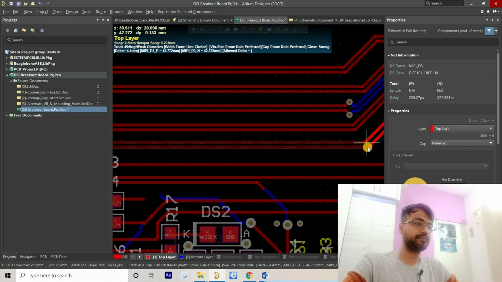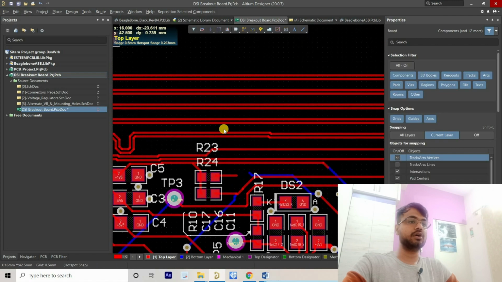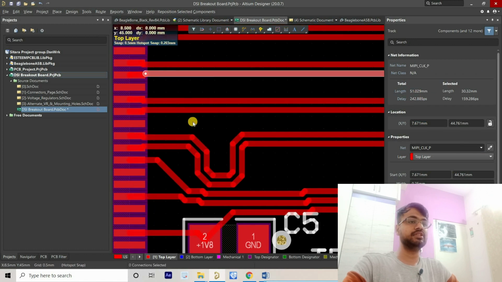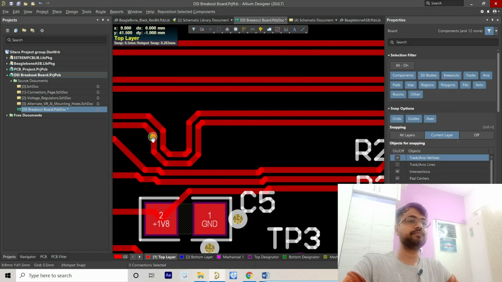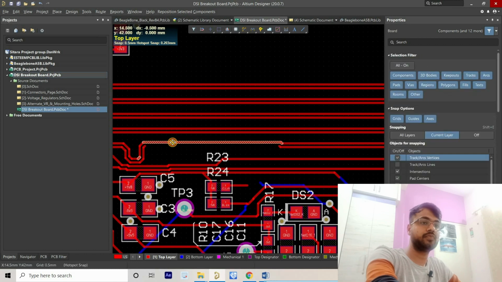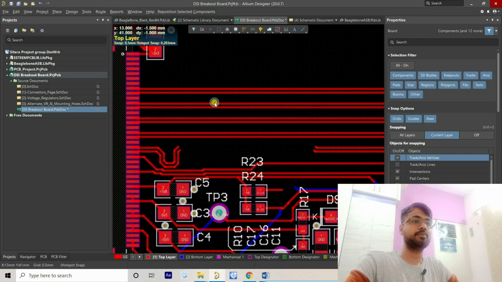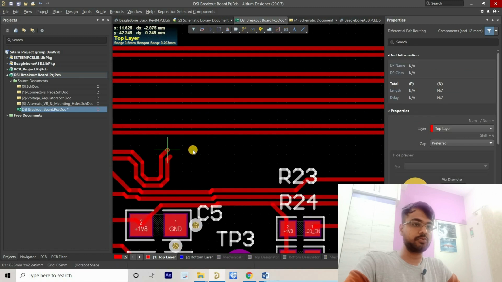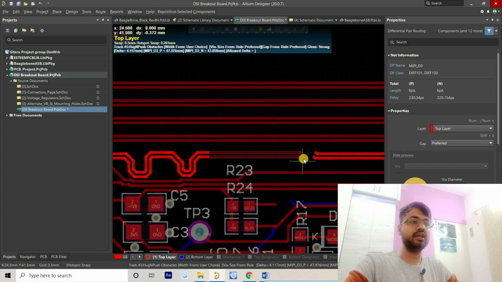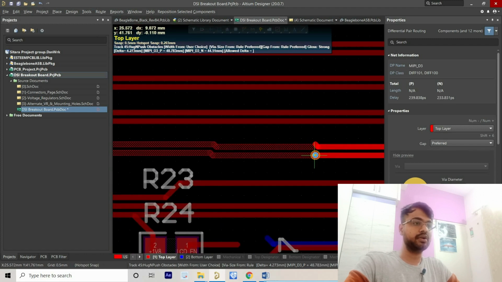Okay, so now just select this one, it is 42 and the clock's maximum length is 51, so we have to go for 51. So we'll add one more serpentine. We call this section a serpentine. So I'm going to add one more. I'm doing it really quick. You guys can do it better if you want.